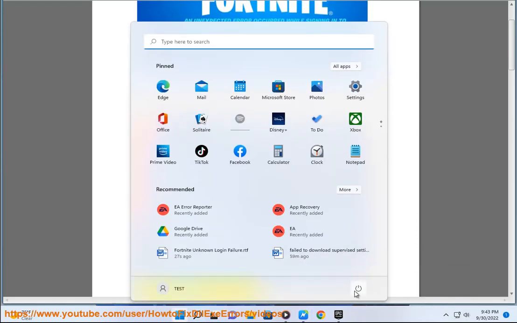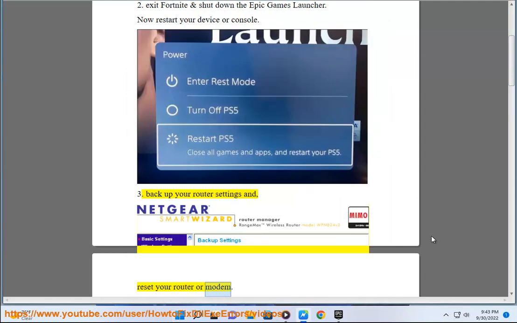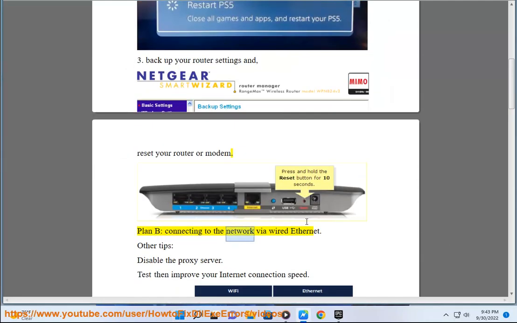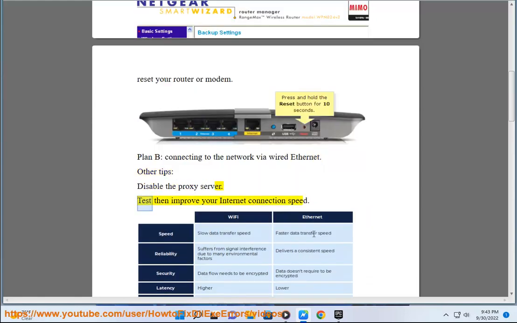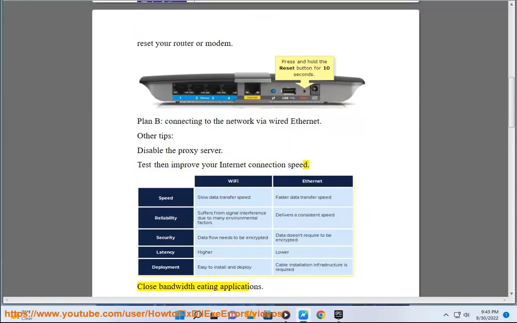3. Back up your router settings and reset your router or modem. Plan B, connect to the network by a wired Ethernet. Other tips: disable the proxy server. Test and improve your internet connection speed. Close bandwidth